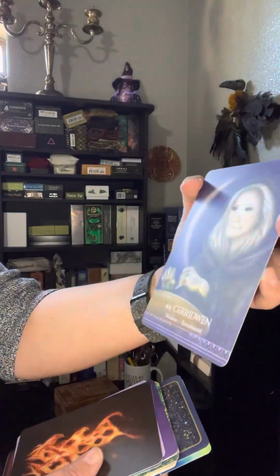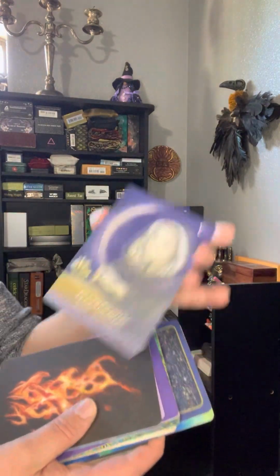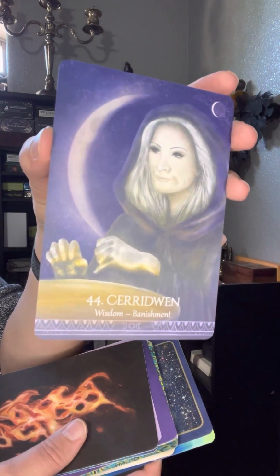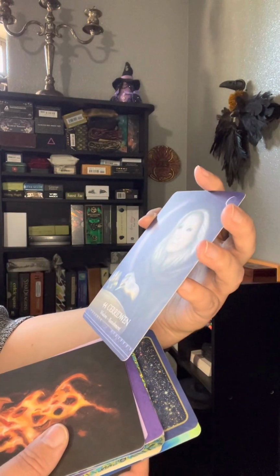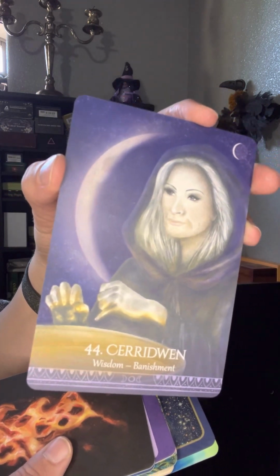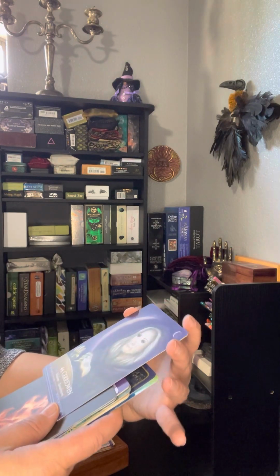What's really standing out to me on this card actually is the 2 4s, which reduce down to an 8. And the 8, to me, really represents the seasons and the wheel of the year, as well as just the turning of time. And it's got the moon in the background there as well, which also goes through its phases, different time. And so with the bottom words being wisdom and banishment,